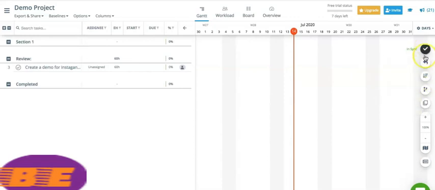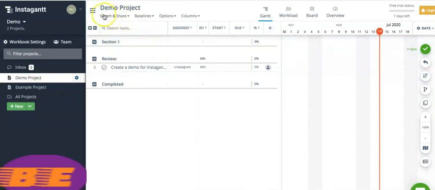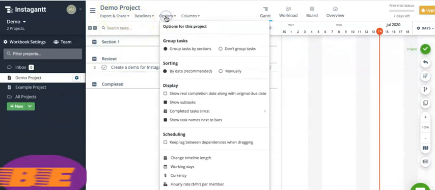You can undo, and then I think that's pretty much it. This allows you to see updates that have happened since you last logged in, so that's a good option. And then here you can invite your other team members. This gives you tips. And then here are